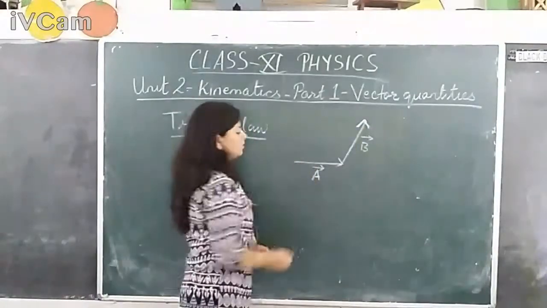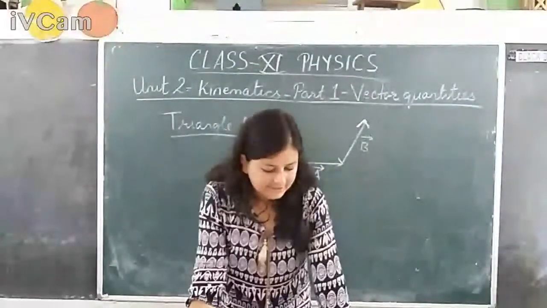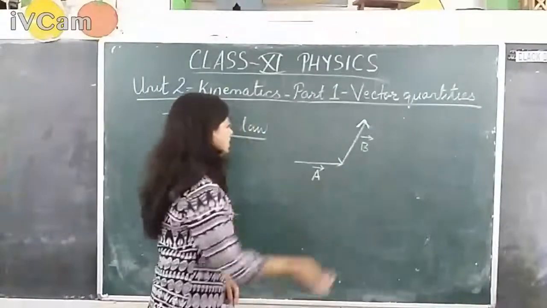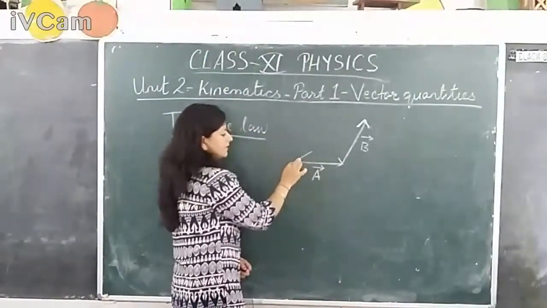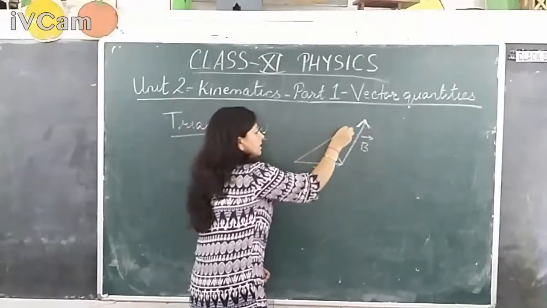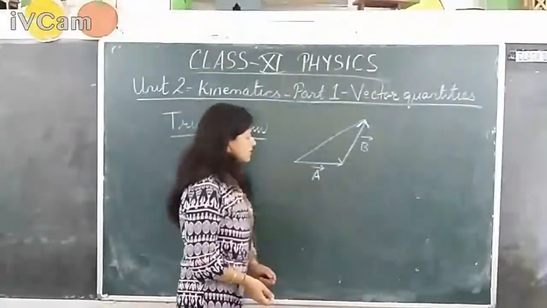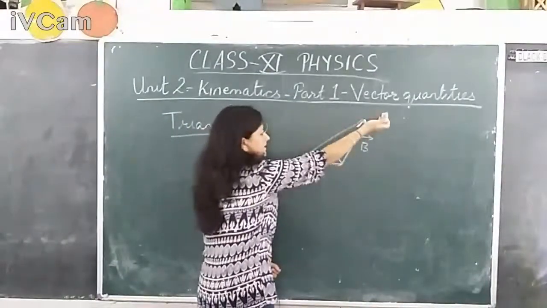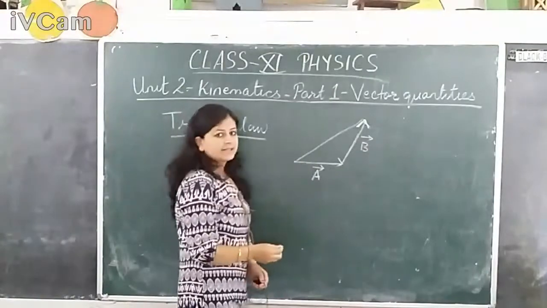Okay. Now, continuation with the law. The resultant is represented by the third side of a triangle taken in the opposite order. Now, I will complete the triangle, third side. I will just connect this tail of the first vector and the tip of the second vector with a line. Now this triangle, but the resultant also should be having a direction. So where will the direction be? Either it will be directed this side or it will be directed this side. But according to the law it has to be taken in the opposite order.